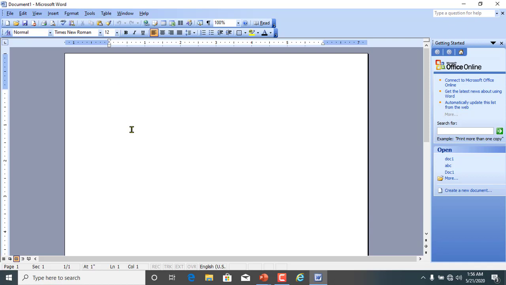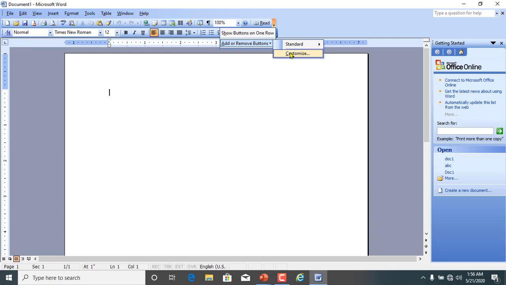Students, this is the main screen of Microsoft Word 2003. Here you can see that this is the standard toolbar and this lower bar is formatting toolbar, and there is an arrow at the end of the standard toolbar. Click on that arrow, then click on option, add or remove button. There is small arrow appears at the end of this option. Click on it and here is